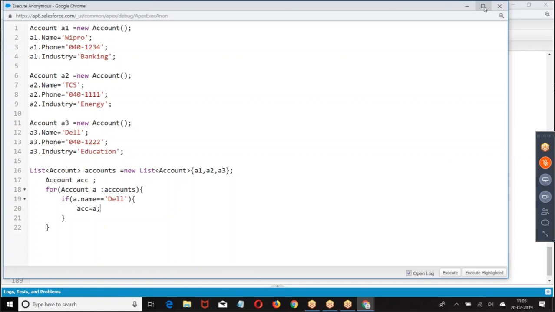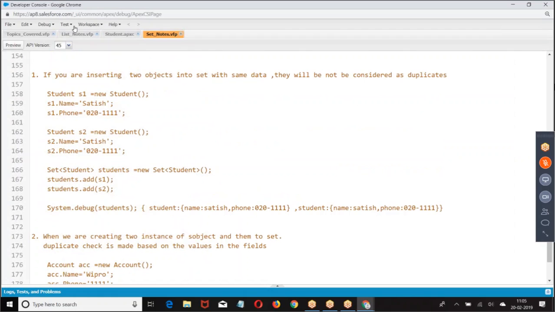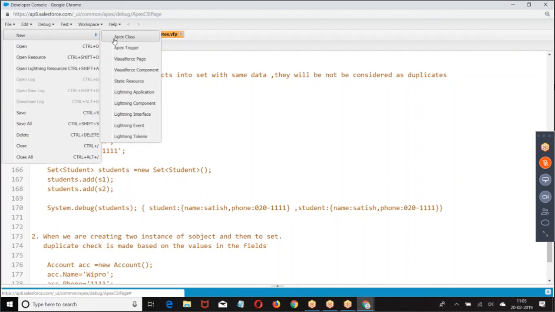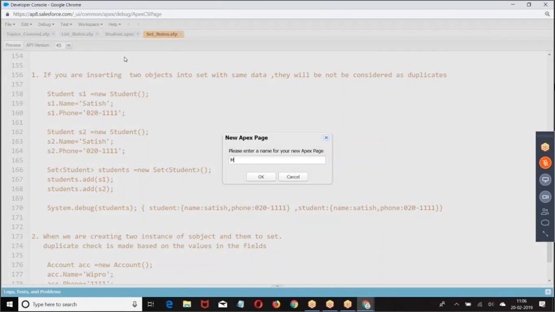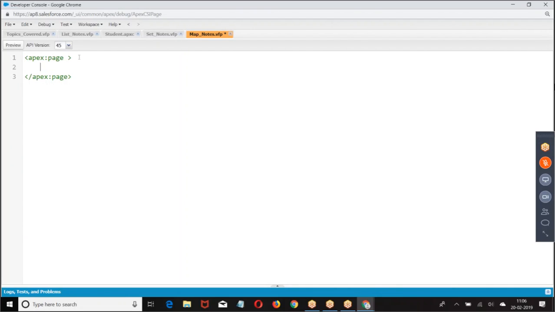So what is a map? Map is a key value pair, where the key should be unique and the value can be duplicate.